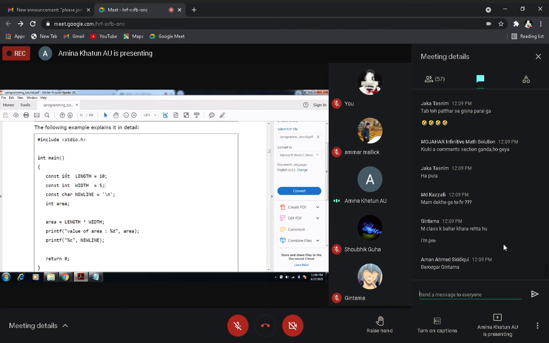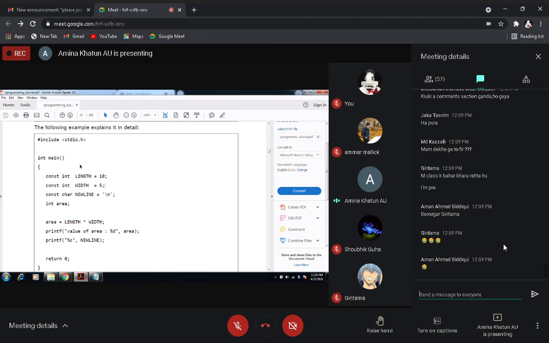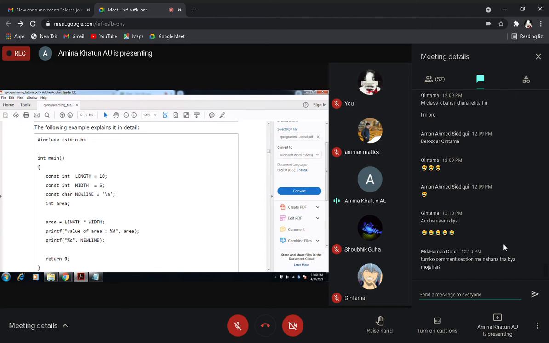Next we have given the data type, then we have taken the name, and then we have put the value. In a similar way, we have taken the value 5, and similarly we have used a character constant, that is newline. It is the name. This is char, the data type. Const is used for defining that it is a constant, and we have put the value \n.